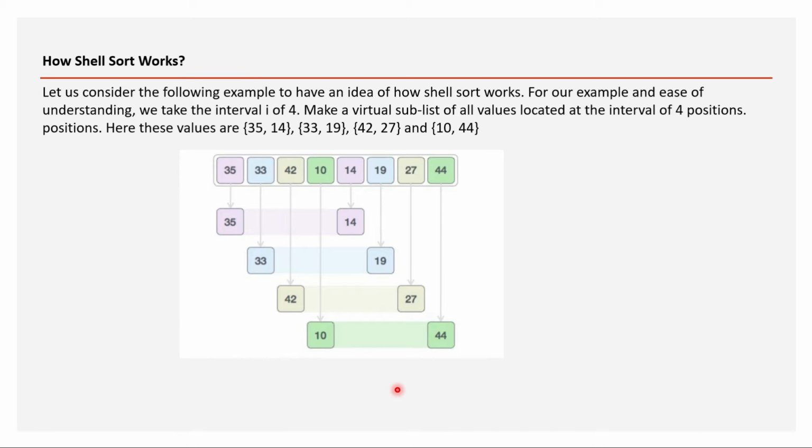How shell sort works. Let us consider the following example to have an idea of how shell sort works. For our example and ease of understanding, we take the interval I of 4. Make a virtual sublist of all values located at the interval of 4 positions. Here these values are 35, 14, 33, 19, 42, 27, and 10 and 44